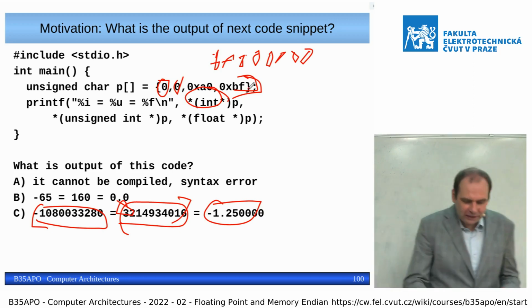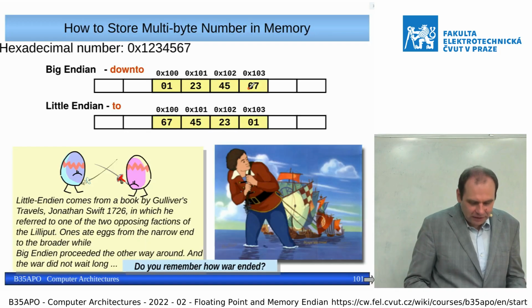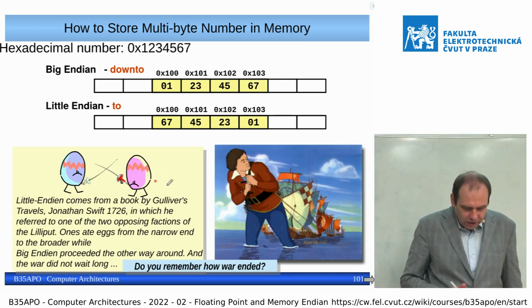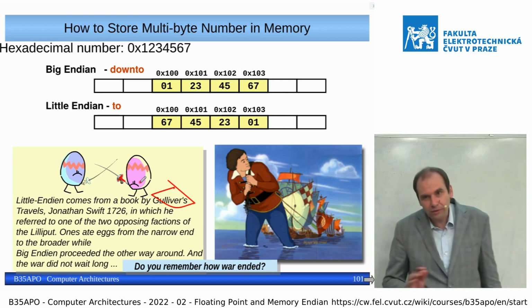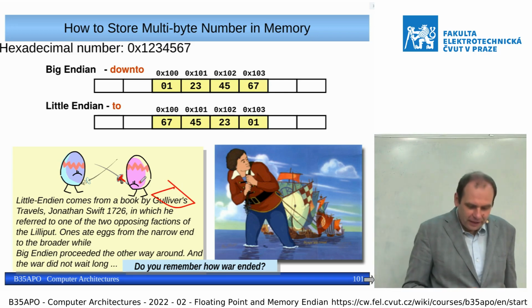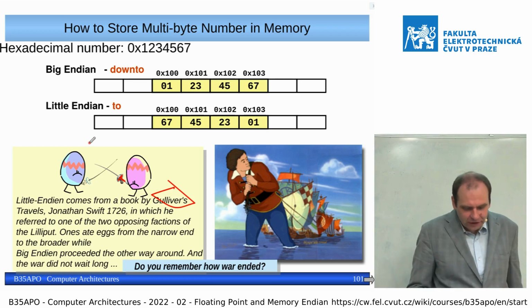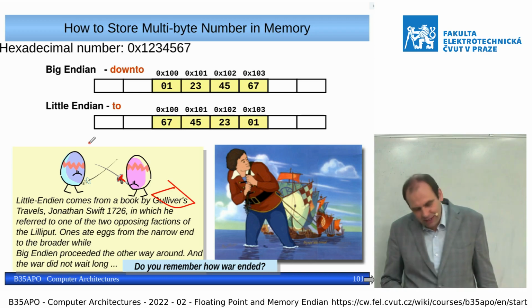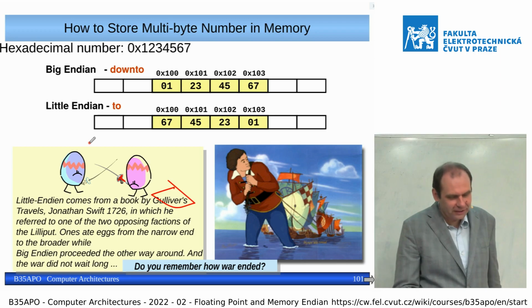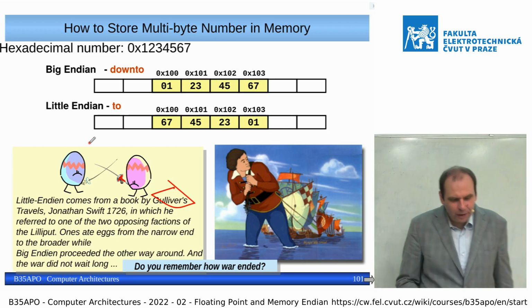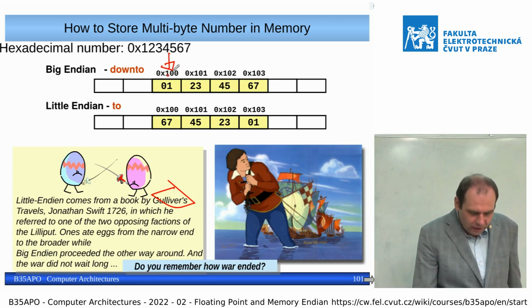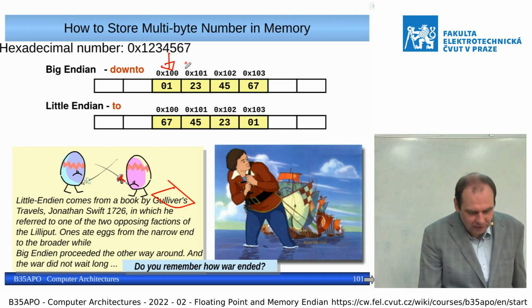So it is possible that it would be this value, but it is possible that it stores multi-byte values a different way in the memory. You probably know Gulliver's Travels. I do not know if you know that fairy tale. There were two camps, one which eats eggs from the big end and another from the little end. And there is a similar fight between computer designers about the better way to store the values into the memory. So if you have a pointer, for example, to a byte in the memory,